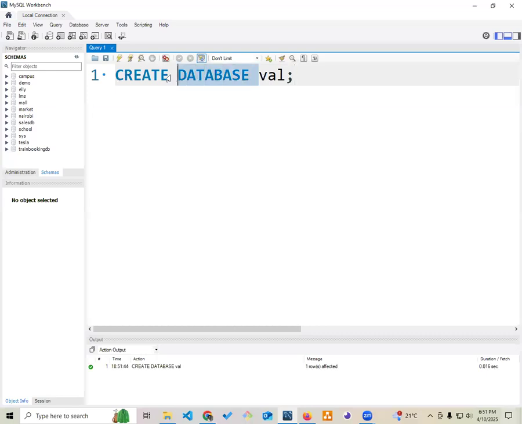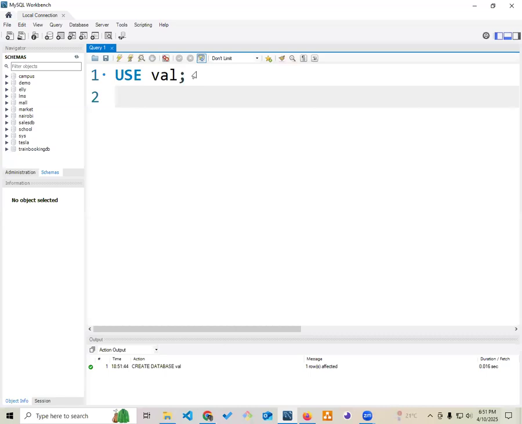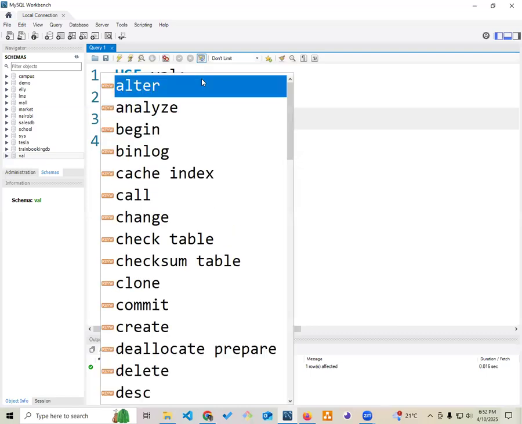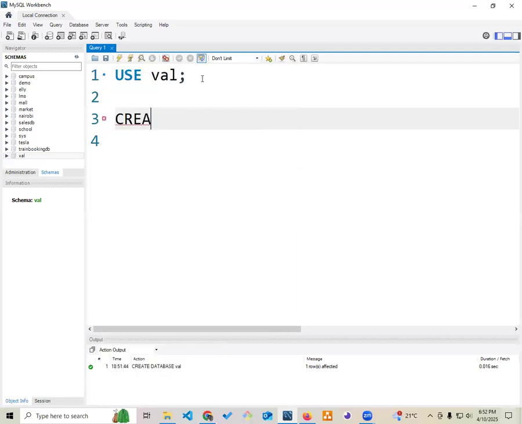So I want to tell the server I want to work with this database. So I'll write there, use, then space, go to the next line. Now the server will know currently I'm working with the Val. As you can see, I have a lot of other databases, but I want to tell the server which database I want to work with currently. Now I'll write use, go to the next line. Now create, should be in capital, create the keywords, create table users, open a bracket, go to the next line,